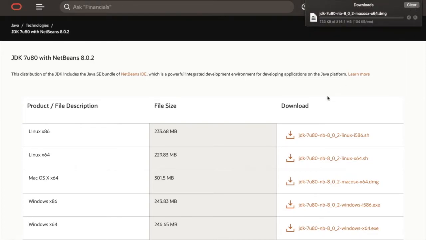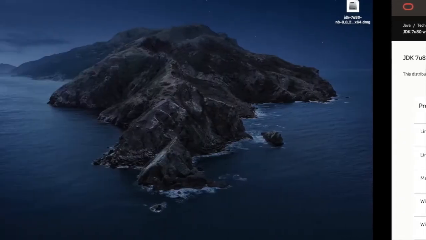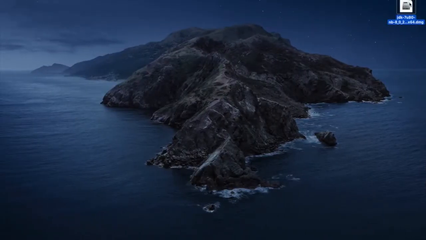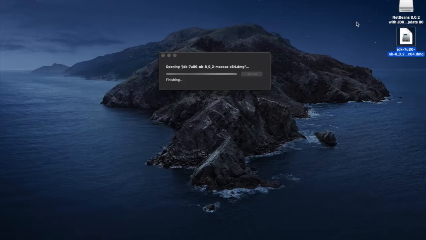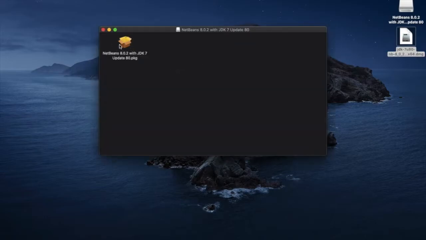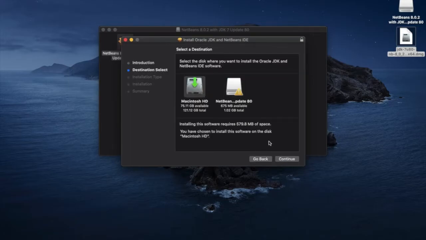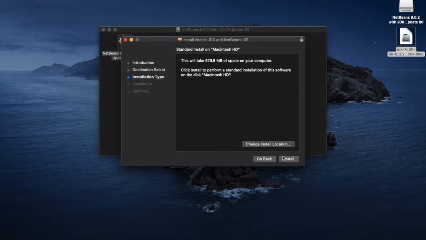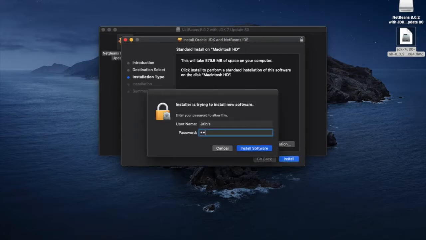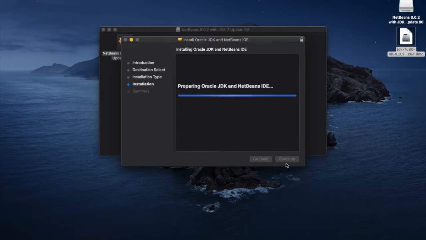I've already downloaded this for you guys, as you can see over here. So once this downloads, you can just quickly open it up and start installing, like any other application or software that you download on a Mac. So you just want to go ahead and install and put in your password and everything, and this would download